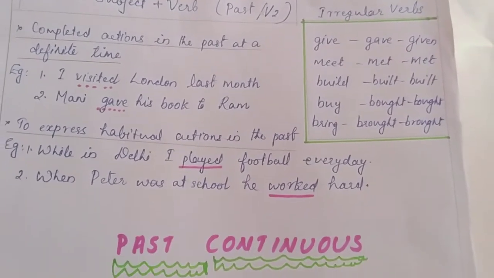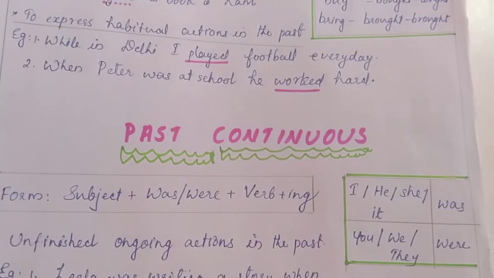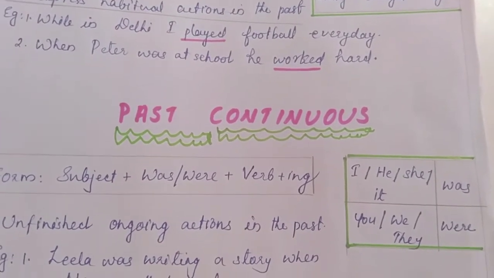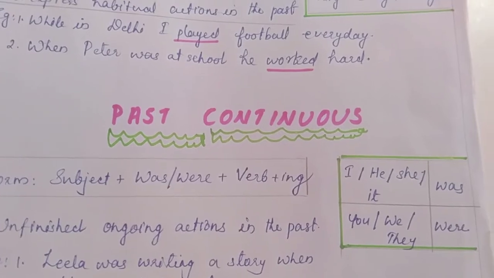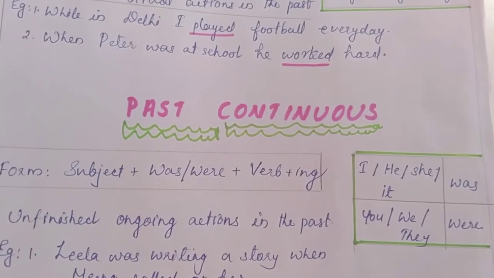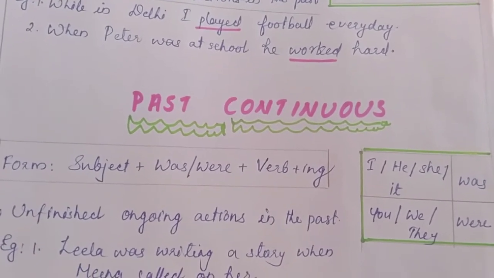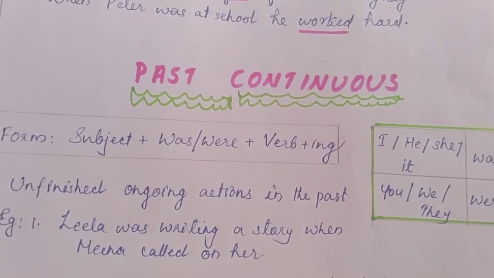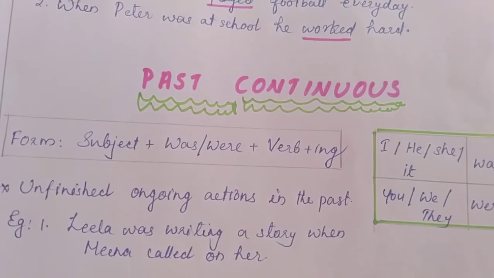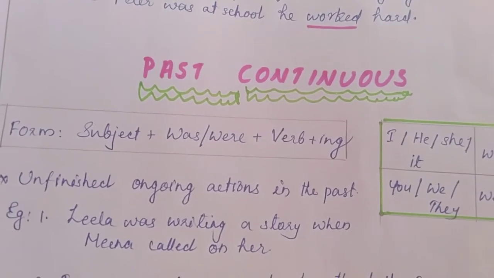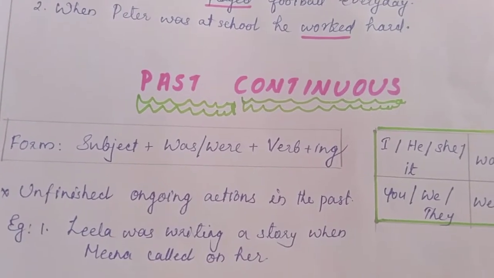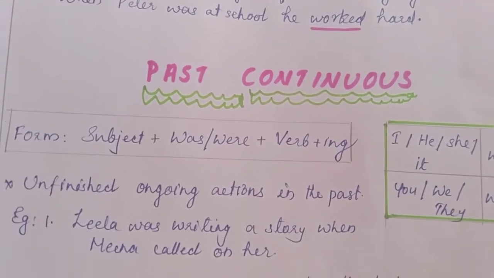Okay students, we are going to the next tense, past continuous tense. Continuous form we already learned in present continuous. Continuous verb form you can easily tell. In continuous forms, the past continuous or the present continuous, we should use the auxiliary form. In continuous form especially we should make the ing form of the verb. In all continuous forms you can see this ing form.